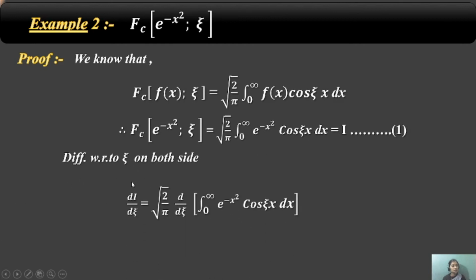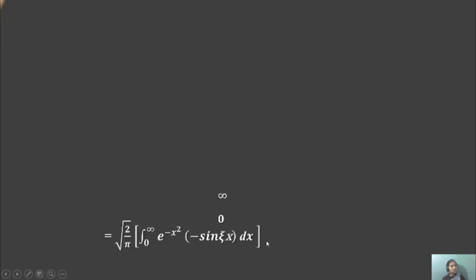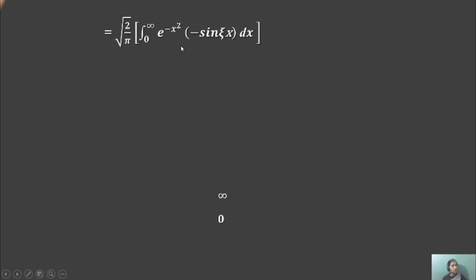Then dI/dξ equals square root of 2/π integration from 0 to infinity, generating the value as well as differentiating both sides, the left hand side as well as the right hand side. Square root of 2/π integration 0 to infinity e to the power minus x square, only considering this form. Cos is differentiated to the form,